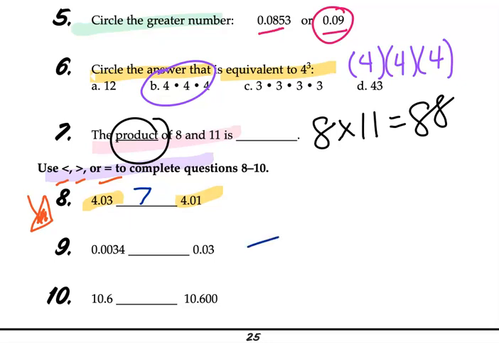And now I'm going to do the same for problem 9. This is basically no cent. It's less than 1 cent. So this value is clearly greater. So I am going to put that 34 ten thousandths is less than